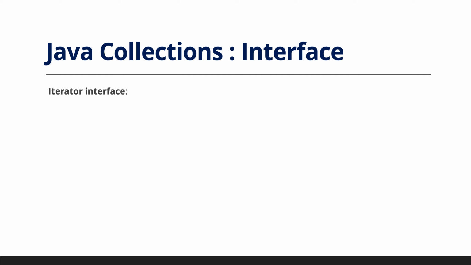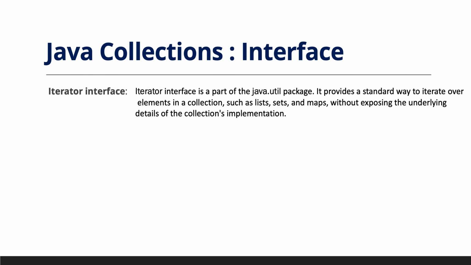Iterable interface. So what is the Iterable interface? Basically, the Iterable interface is a part of the java.util package. And what are the classes or interfaces available as part of the java.util package? It means that it is going to provide some utility methods, meaning pre-built methods which we can use easily to perform our operations. So the Iterator interface is also a part of the java.util package, and it provides a standard way to iterate over the elements inside the collection.